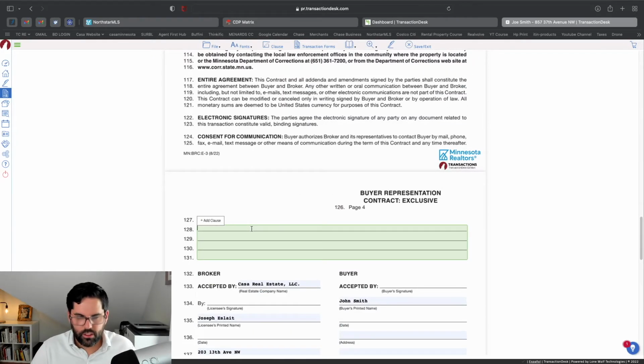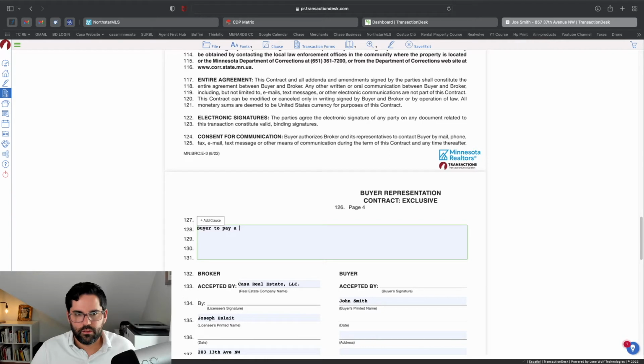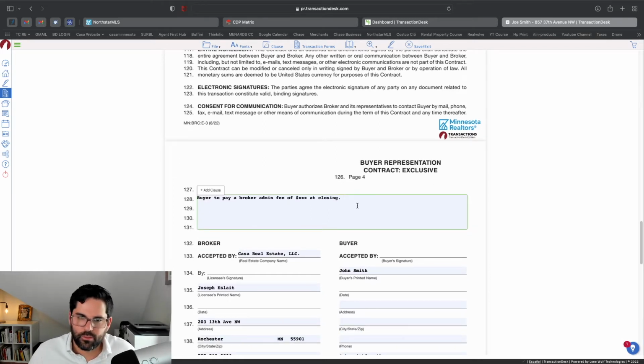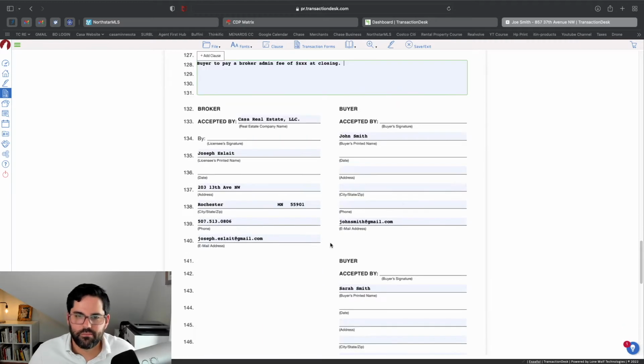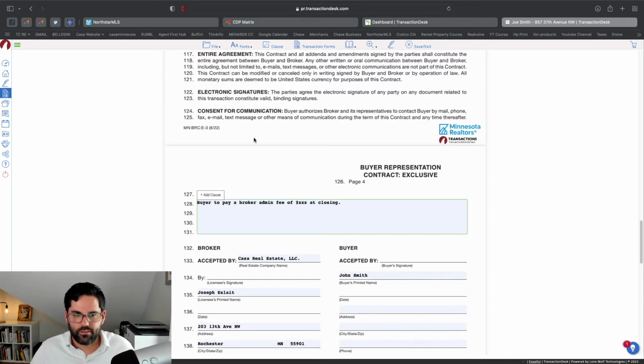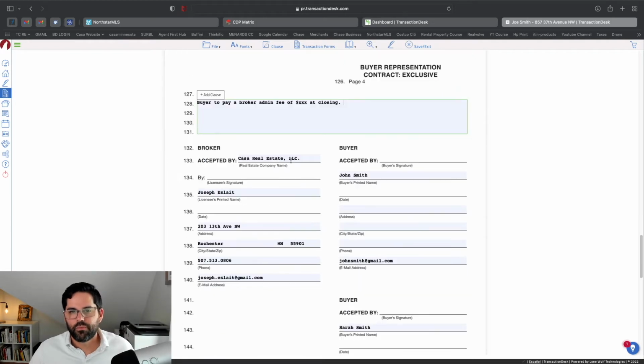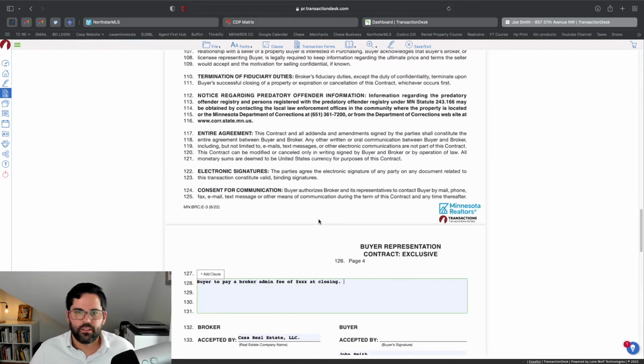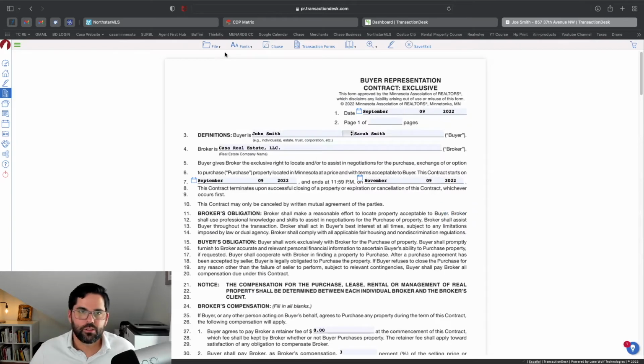So I could say, buyer to pay a broker fee of, I'll just say if you're going to charge X amount, right, at closing or whatever. I mean, this is an example. And again, talk to your broker or attorney, and make sure that they can advise you better on all this language. But this is how you would fill it out, right? Or at least get it started, and then make sure that you do save. You don't want to lose all this work. And then if we go save and exit,